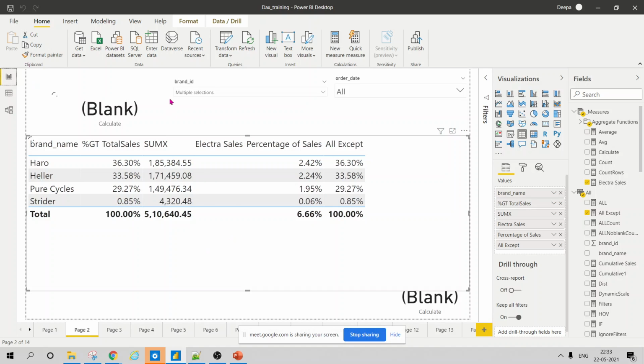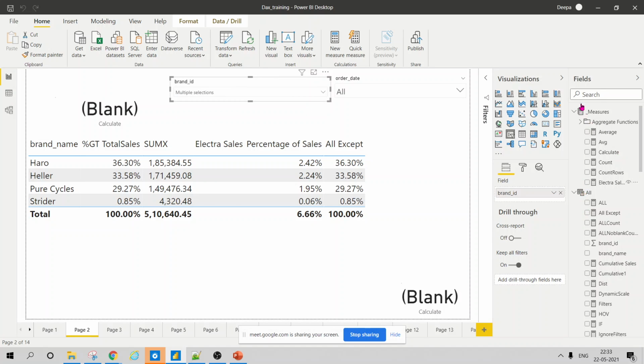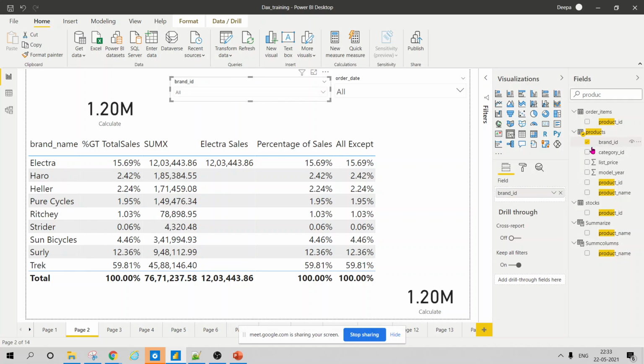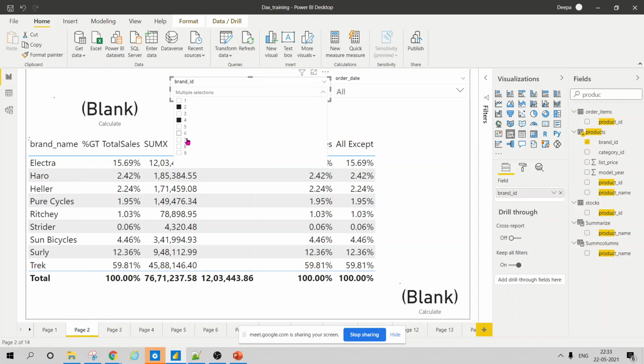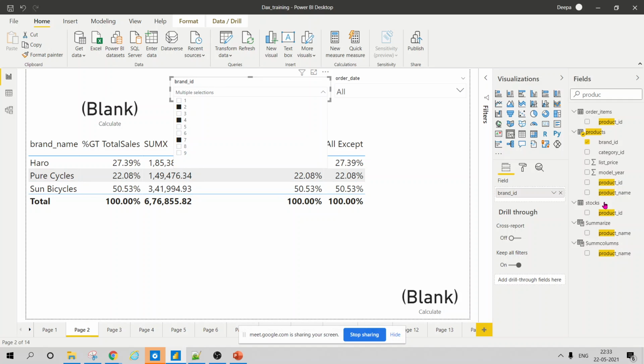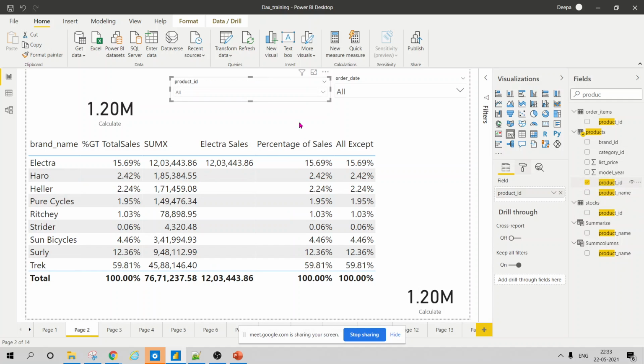Okay, let's try to understand. Here I'll use this brand ID, and I'll select these four brand IDs. I'm able to do that, or I'll use product IDs.